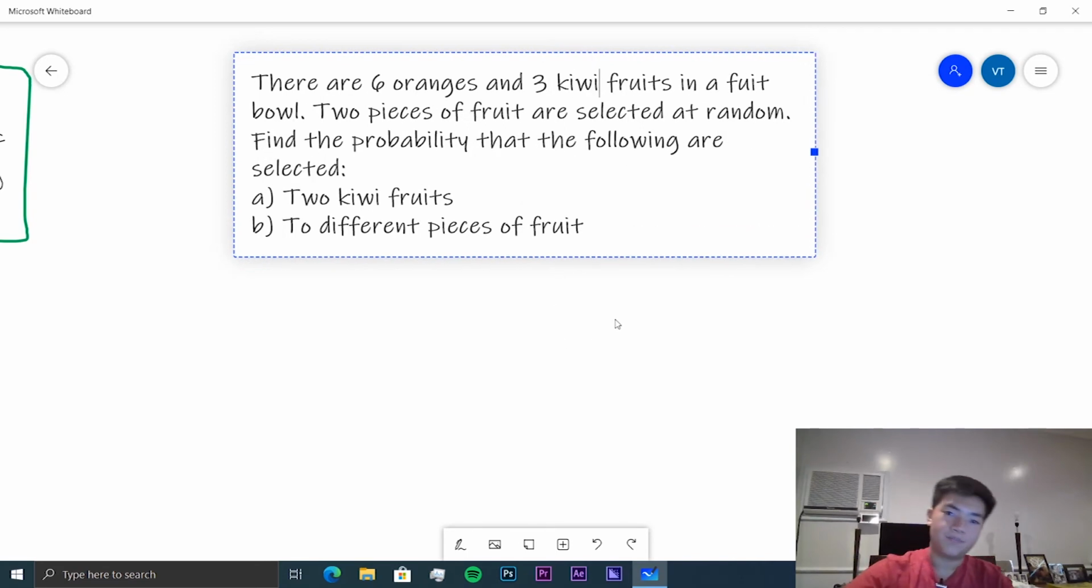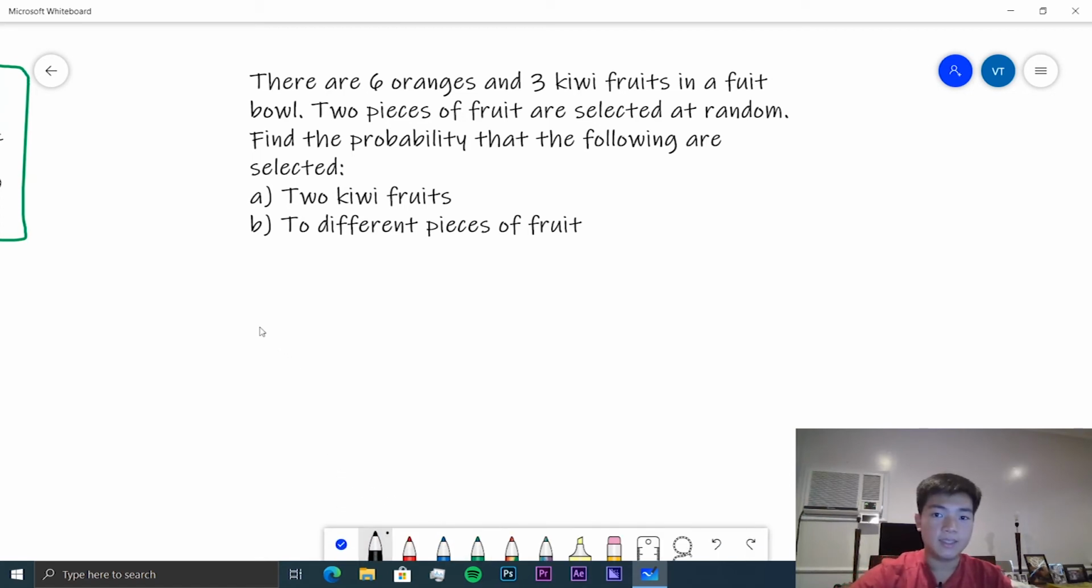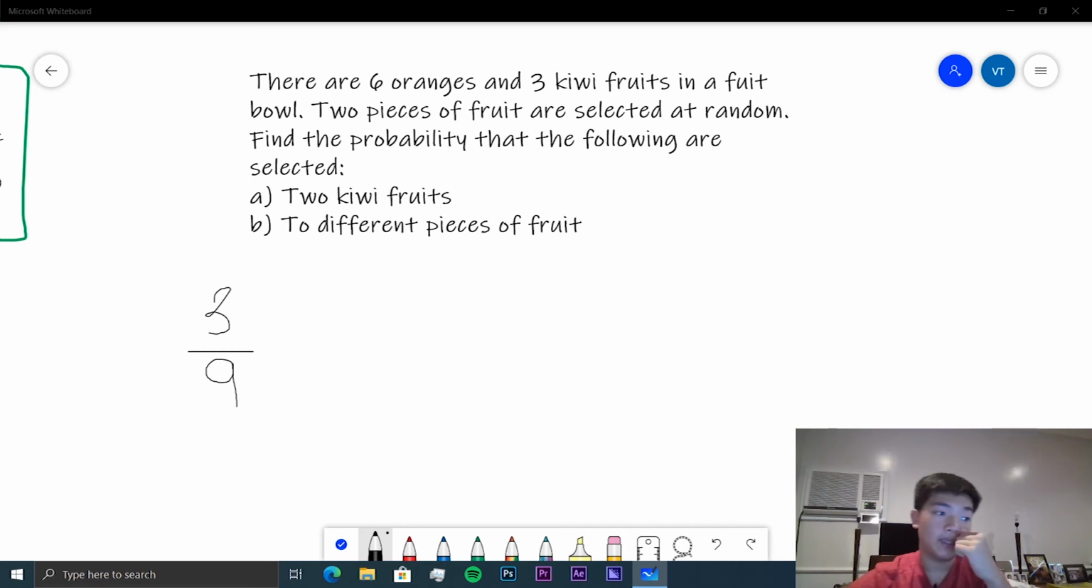Okay, so the probability that we select 1 kiwi fruit is 3/9, because we have 9 fruits in total. But the thing is,